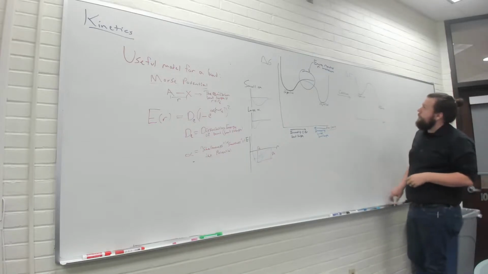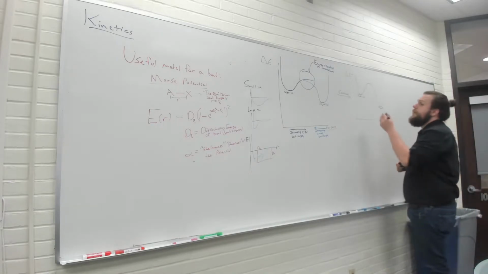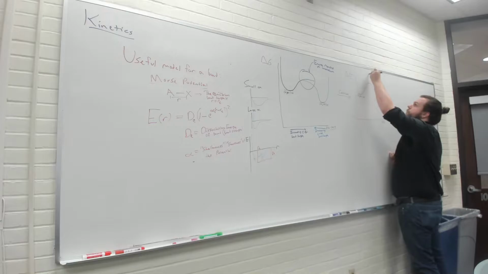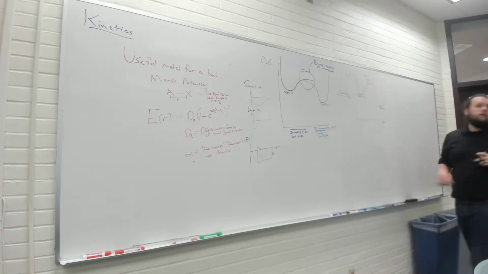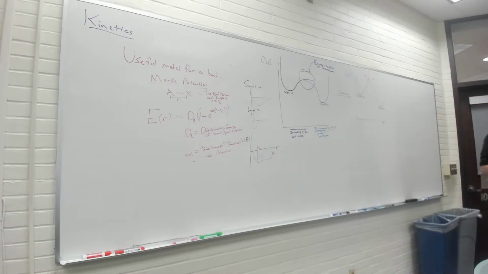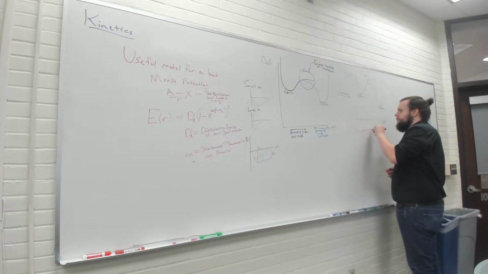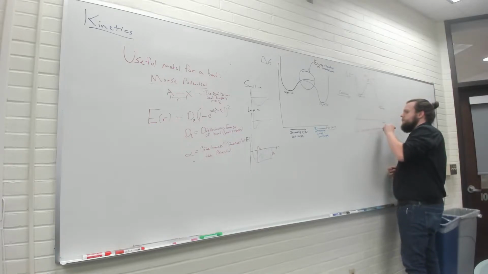Okay, so what does the system look like right here at the energetic maximum? Well, if you were to calculate it, you'll find that you get a system that looks a bit like this, where the COH bond is starting to form, and the bromine bond is starting to break. Kind of halfway in between, if you will. The energetic maximum between